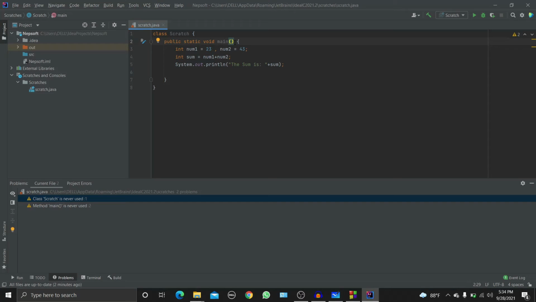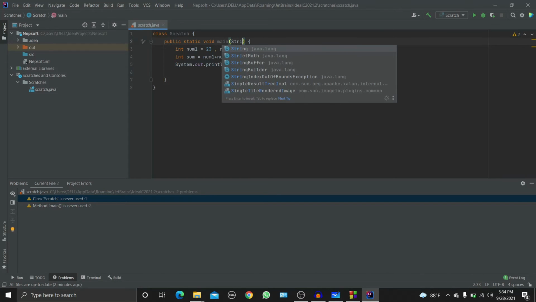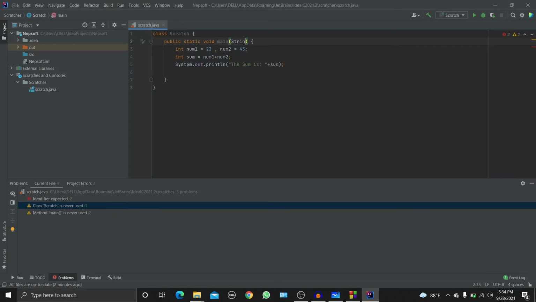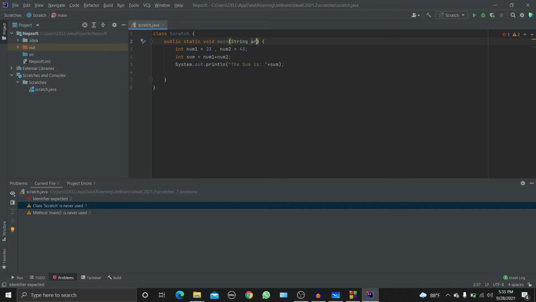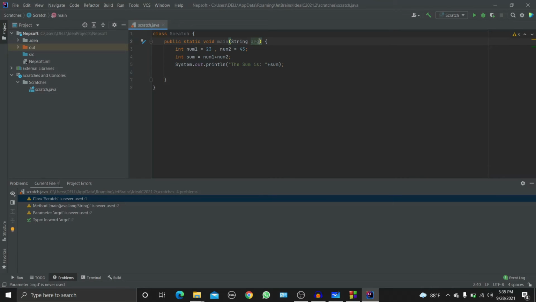So if we don't put the string variable, our function will not run. So I will just put String, and we'll put this as args.